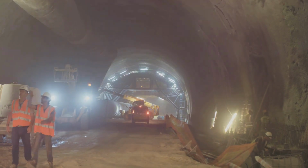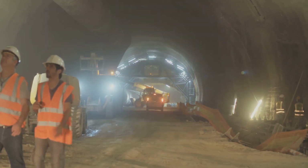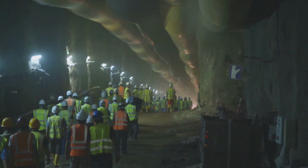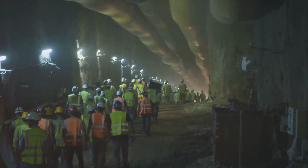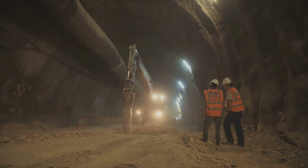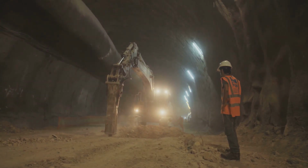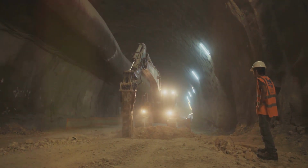Now, the construction process can vary greatly depending on the type of structure being built. Let's take underwater tunnels and bridges as examples. Both are marvels of modern engineering, but their construction processes are as different as night and day. Underwater tunnels, for instance, are often constructed using a method known as immersed tube construction. This involves creating massive, watertight sections of the tunnel on dry land. These sections, or tubes, are then floated to the construction site, sunk into a prepared trench on the seabed, and